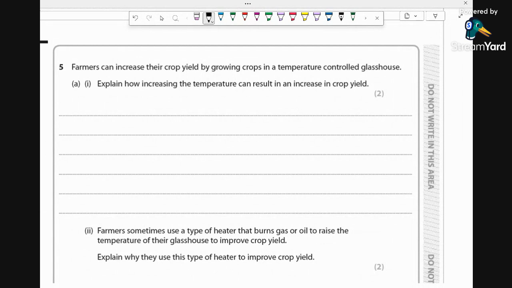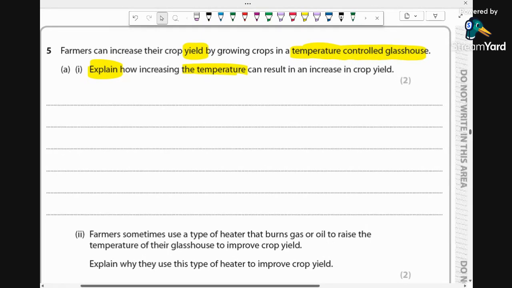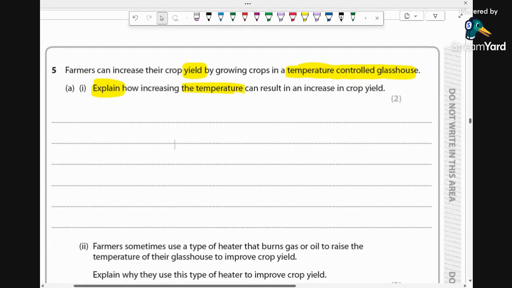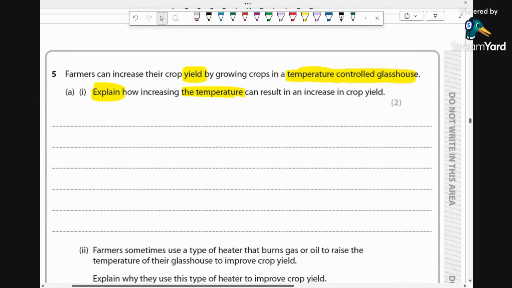Right. So farmers can increase their crop yield by growing crops in a temperature-controlled glasshouse. Explain how the temperature increase can result in increased yield. So you've got to think about what these crop plants will be doing, and they'll be doing photosynthesis, of course. And for photosynthesis, you need enzymes. Okay, so I would say that it allows the optimum temperature